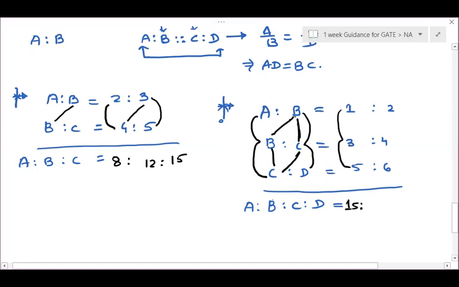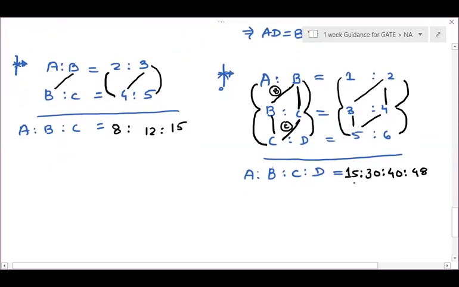Right. In this multiplication, B into C, what is major? B, right? B is 2 times, C is 1 time. So this is going to give you B. 3 2s are 6, 6 5s are 30. Now let us take this. Here C is maximum times, so this will give you C. 5 4s are 20, 20 2s are 40. Now this will give you D. 4 2s are 8, 8 6s are 48. Okay. So 15 is to 30 is to 40 is to 48.